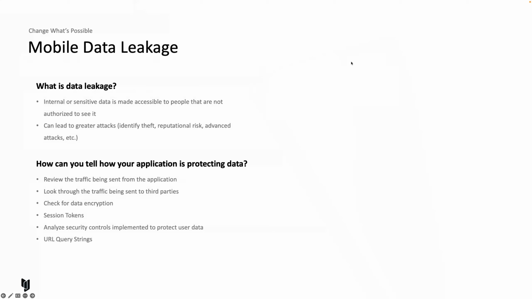and that could be anything from just responding with too much data in a request. If you're sending requests, especially in a financial application, maybe the application is responding with data that the user doesn't need to see. That is providing another attack vector, potentially relating to identity theft. Credit card numbers, for example, may not be masked correctly. You have things like URLs as well. If you're putting parameters in your URL query strings, you're going to see that data if you're intercepting traffic,